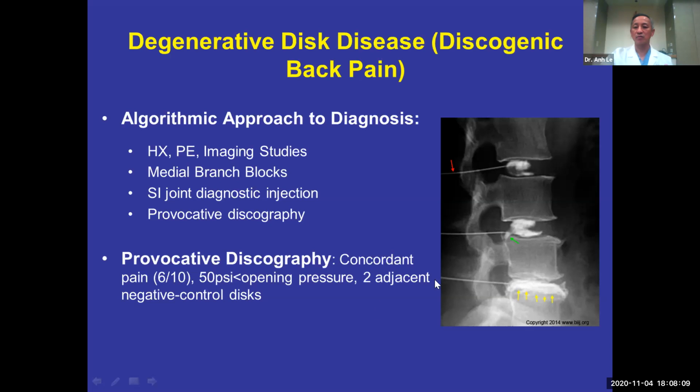Then we know that that disc is truly symptomatic. The second thing that we look for is the morphology of the dye inside the disc. As you can see here, the top disc in this case, which is L23, the dye is confined nicely in the annulus, in the nucleus pulposus, without any extravasation. At L34, right, there's a little bit of dye that leaks out at one of the small defects in the annulus fibrosus. And at L45, because of the extensive degeneration, there is no containment of the dye inside the disc, so it extravasates everywhere.